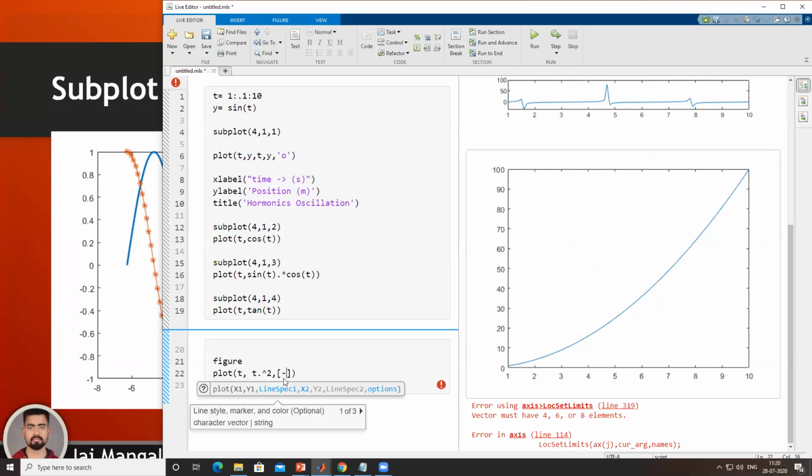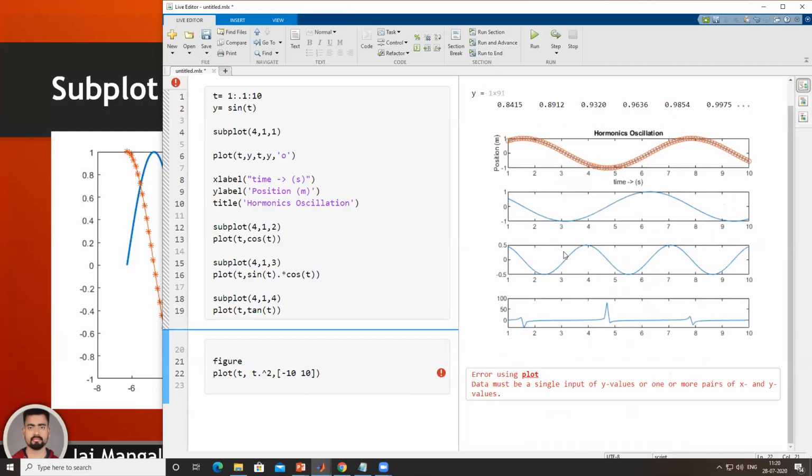Let me try it here, this -10 to 10, run section. Data must be a single input of 5 values or one or more pairs of x and y. So it is asking for y also. Okay, fine. So I give the y information as 0 to 100 and run this section.